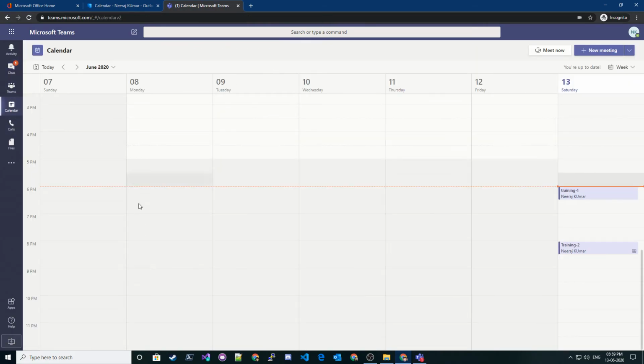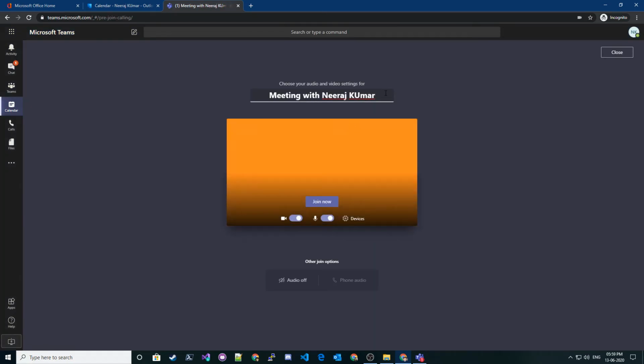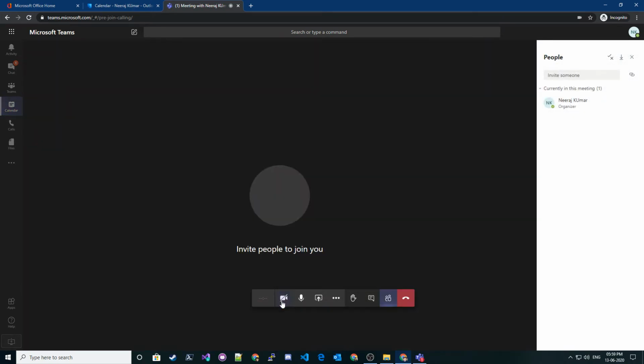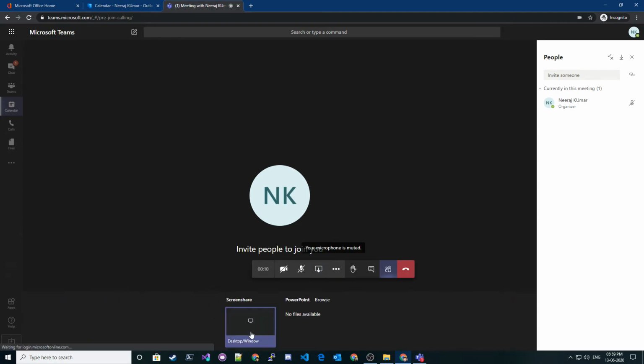Going to our scheduled meetings. So these are different options that you see. Meet now is also available over here. You can start a meeting with this person, and then you can start this meeting. If you want to disable your camera, you can disable it. If you disable your microphone, you can do that as well. You can share your entire screen or some specific apps as well. So whatever things you want to share, you can do that.